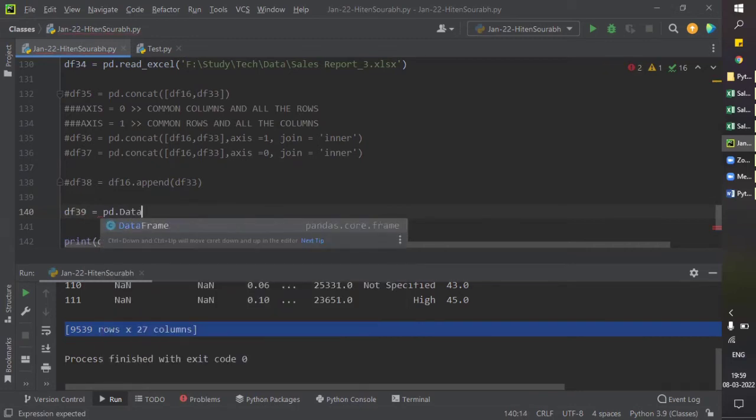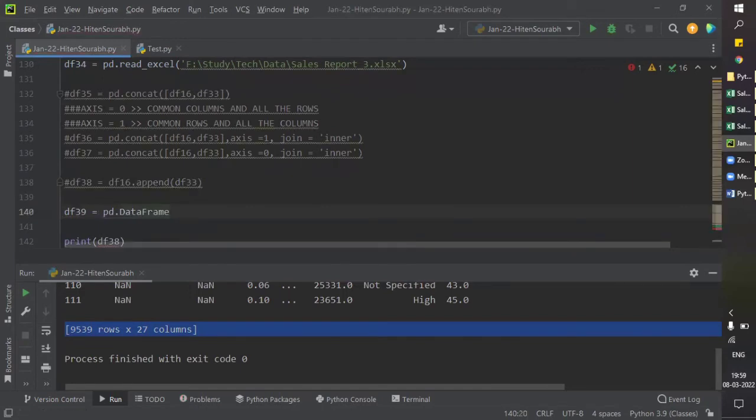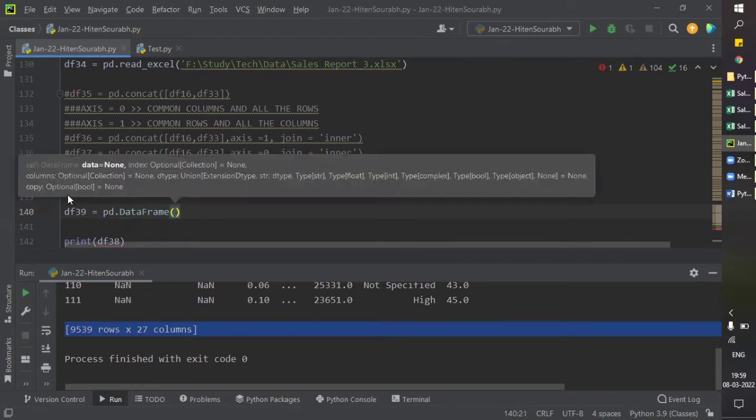We will create the data frame through a dictionary, so square brackets and then a curly bracket starts, and then we can have our